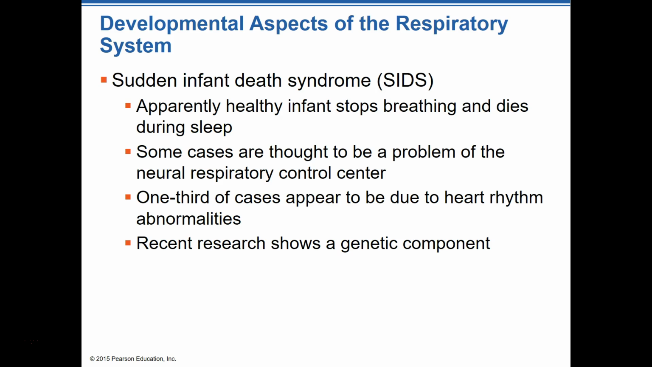Some of the causes are thought to be a problem in the respiratory control center. One-third of the cases appear to be due to a heart rhythm. Recent research shows some genetic components, though they still don't really have anything nailed down on this. I've been in healthcare for 25, going on 30 years, and it's still really unknown. It's still very much a mystery, which is very heartbreaking to these families who've had to endure losing a child